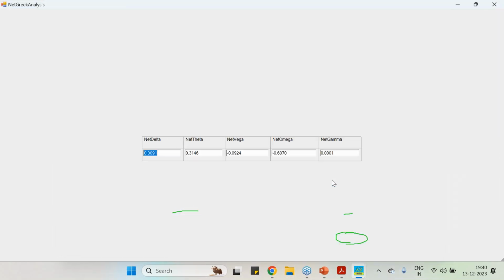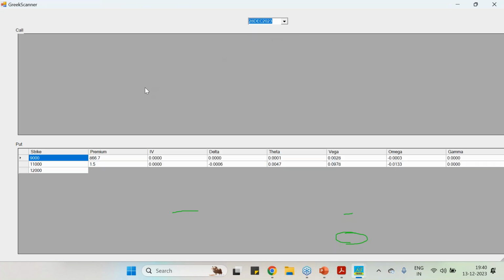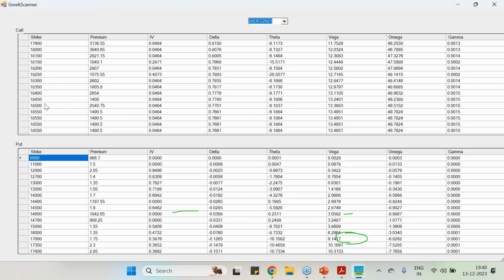So here some Greeks will also be coming. You can see here delta is 0.0091. So it has come very low. Theta is also almost zero, because every strike has its own theta. 30 paisa it is telling, theta 0.3146. You must see what kind of theta each option has. You can see here each option will have a big theta. So we are going for